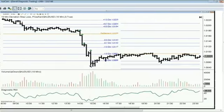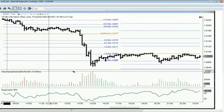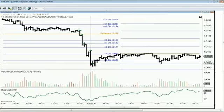Market moved on back up. Really, this was right at the end of the day, so you probably would have closed out. I like to follow the pit hours when I'm trading FX, and so I would have been out at 3 o'clock, which would have been pretty nice. So if you're trading Nadex, you don't have a choice. That's when they close on down. But it would have got you out of the trade just based on the close right there of the pit, right near the low of the day, but the deviations helped you hold on because